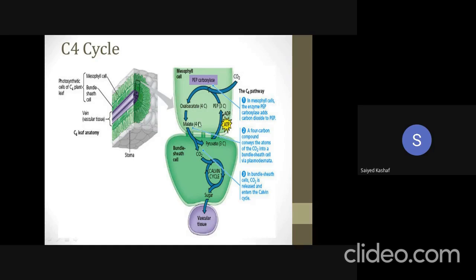So when this malic acid gets diffused from the mesophyll cell to the bundle sheath cell, the malate again gets broken down into a 3 carbon compound, that is pyruvate, and 1 CO2. Now the major objective of this C4 cycle is to transfer the CO2 safely towards the